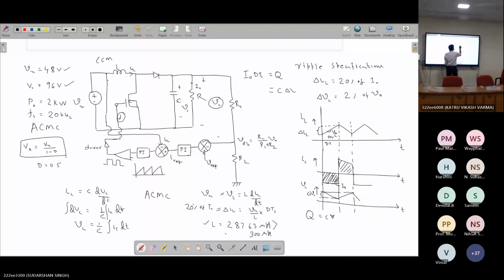So you can find out the value of C, which is nothing but I0 into dTs divided by delta VC. So delta VC you already know from your ripple specification. I0 you know, D you know, Ts you know, delta VC you know. So you can find out the value of the capacitor, which is